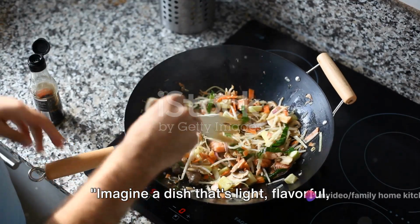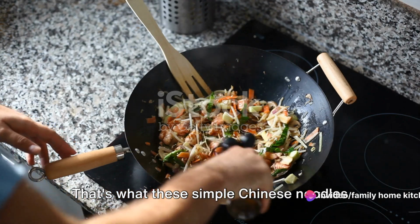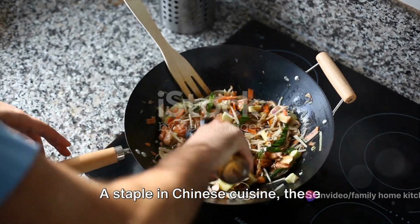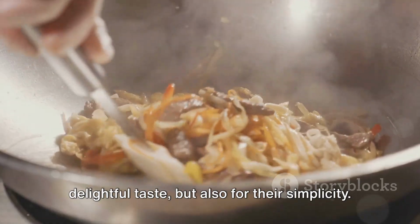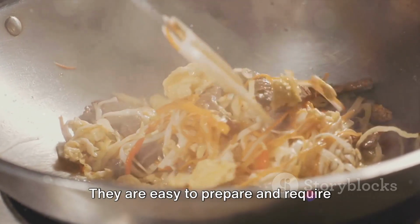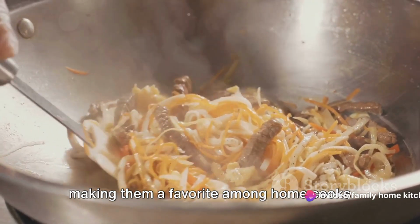Imagine a dish that's light, flavorful, and incredibly satisfying. That's what these simple Chinese noodles are all about. A staple in Chinese cuisine, these noodles are loved not just for their delightful taste, but also for their simplicity. They are easy to prepare and require ingredients that are readily available, making them a favorite among home cooks and